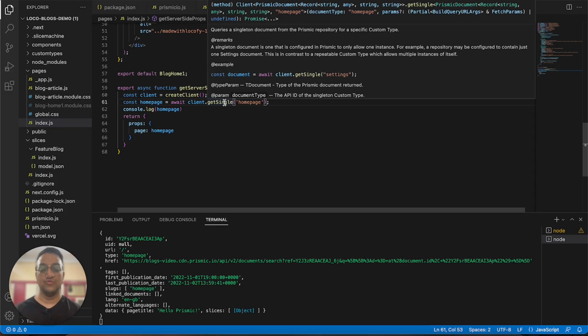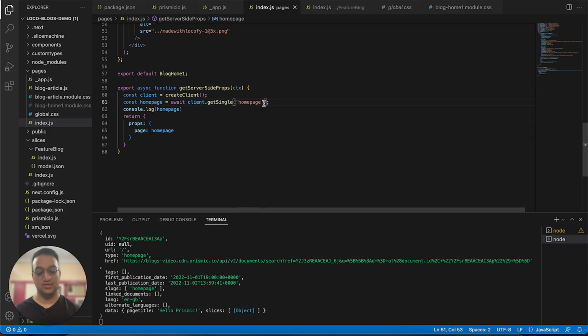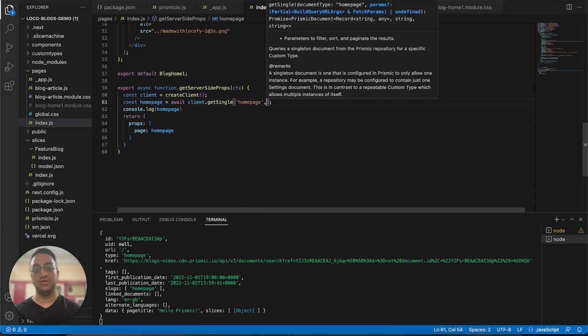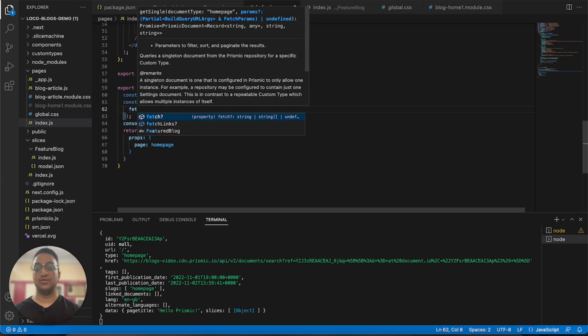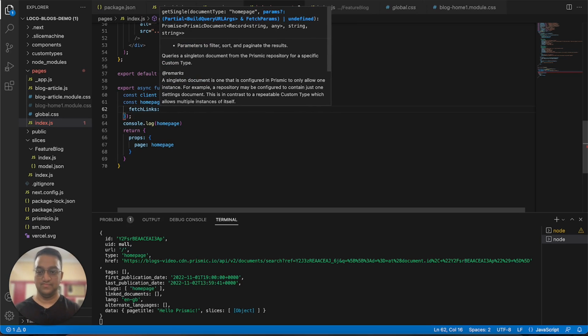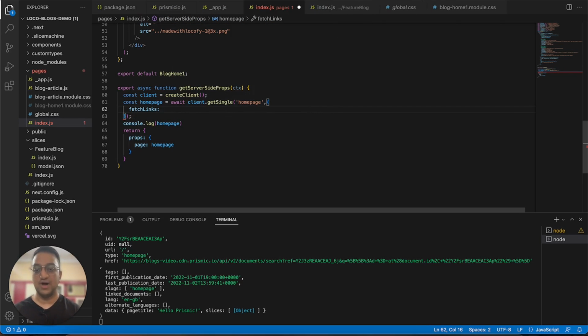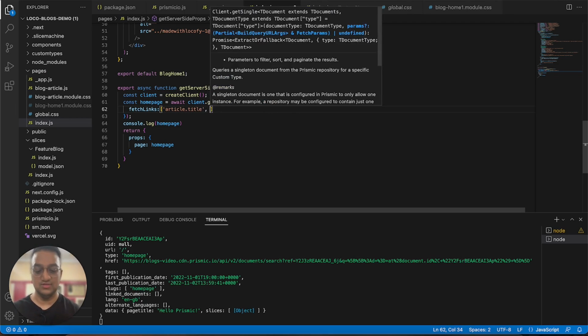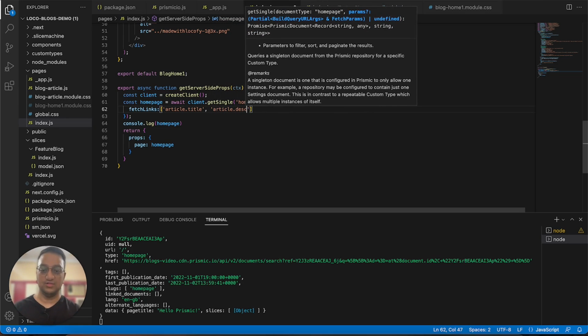We will see how we can get more data about the blog, such as the title, description, image, and so on. So to fetch the data of the documents attached to your custom type, we can pass in a second parameter over here and use something called fetchLinks. Using fetchLinks, we can pass an array of all the fields that we require. So we have a custom type of author and article that are attached. So we can create an array and we can write something like article.title. The next item will be article.description,